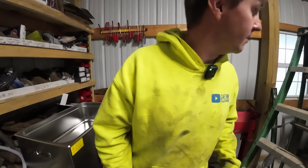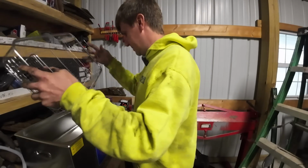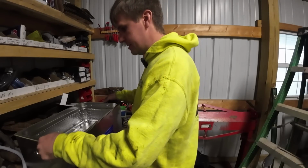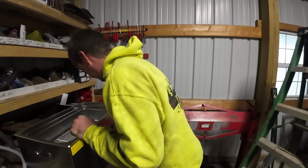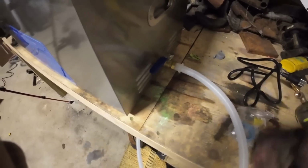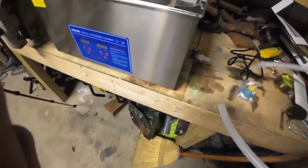Will that fit in there if I take the shifter off? I think it might. It's not very deep. It's not as deep as I would have thought it would have been. It comes with this little hose on this end. We can attach that to that barb and then we can drain stuff out of it, which is good because